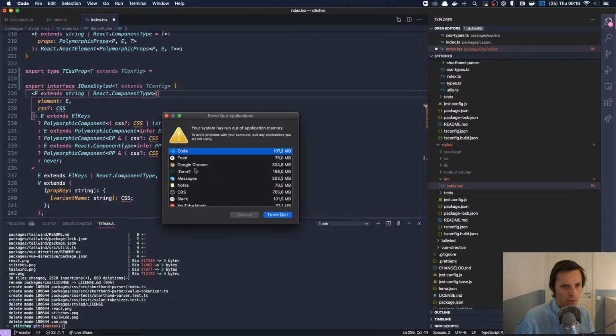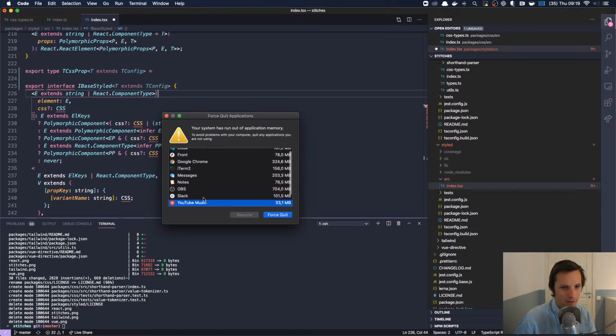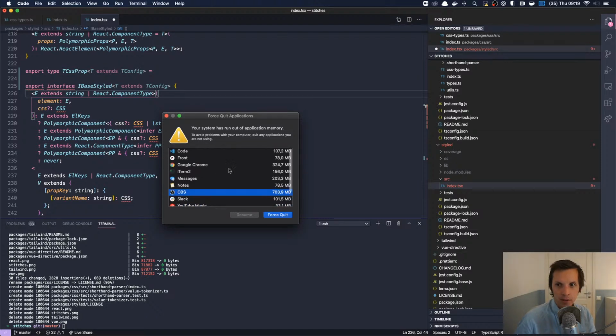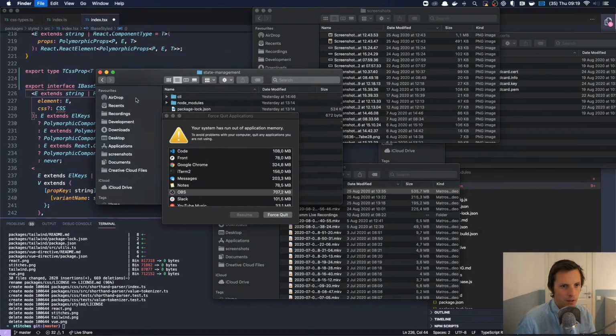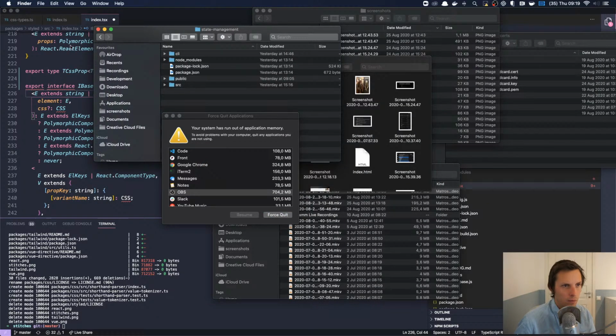Oh, run out of application memory. What the hell? Which one is the... Oh, OBS. Yeah, you know, I think I need to clean up my hard drive. Let's see if I can do some cleanup here. Wait, OBS. View file, show recordings.